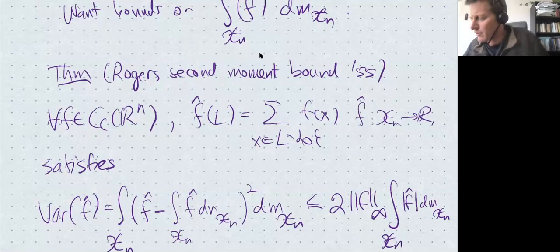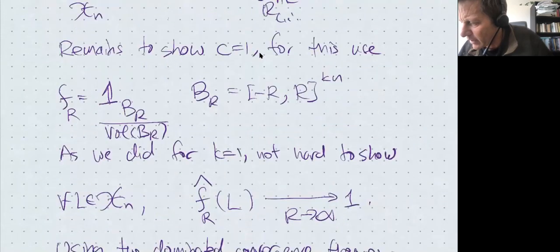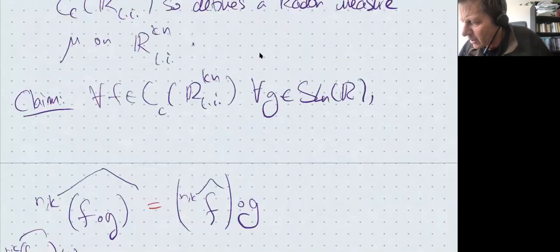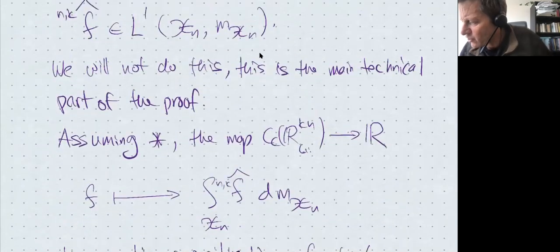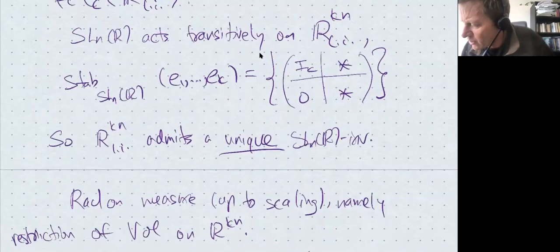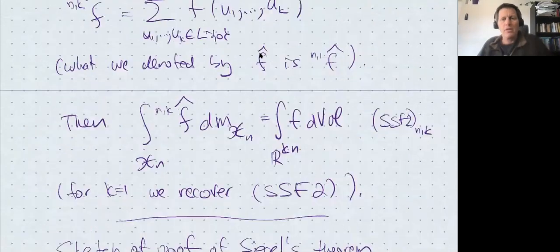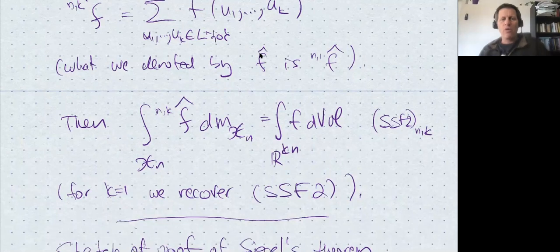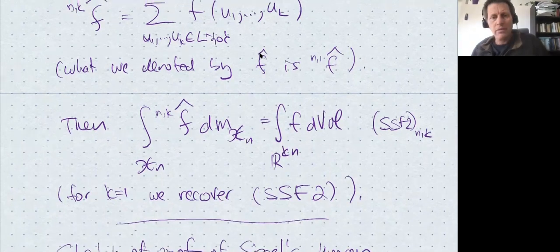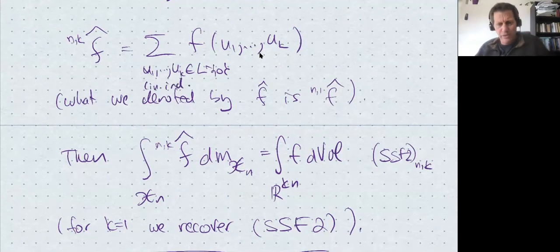So the issue was the following, and I still haven't really understood where the mistake in my proof was. In the definition of the transform in k dimensions, in order to get this formula, this Siegel summation formula number 2, one needs to sum over linearly independent k-tuples. So let's add "linearly independent" to the definition of the transform.